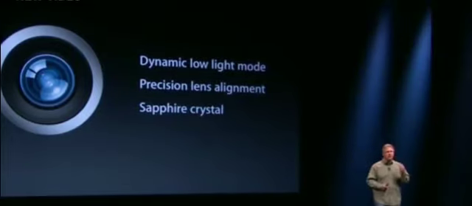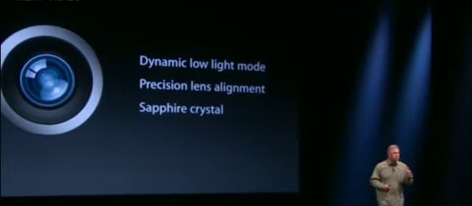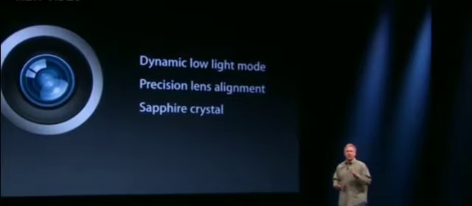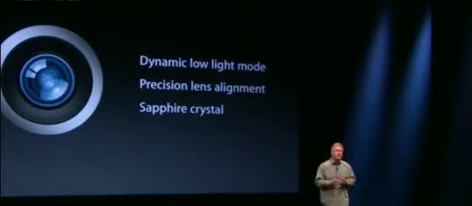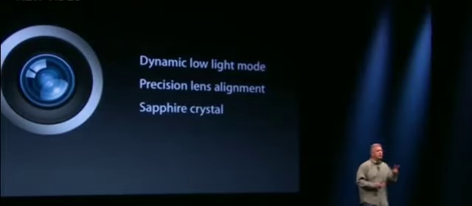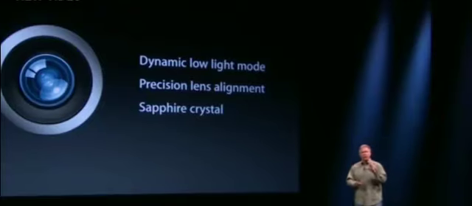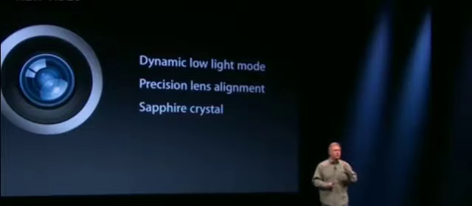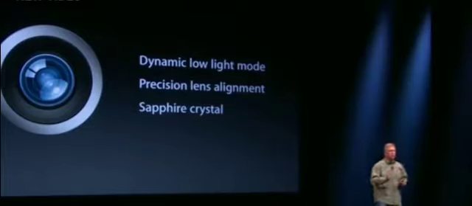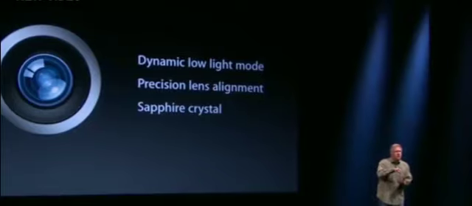There's a new dynamic low light mode. So when you're in low light situations, the ISP senses that and is able to combine multiple pixels together to give you up to 2 f-stops greater performance in those scenarios. And you really see the difference in your low light pictures. And this optical system has been amazing with this 5-element lens. One of the best ways to get a better, sharper image through an optical system is more advanced alignment of those